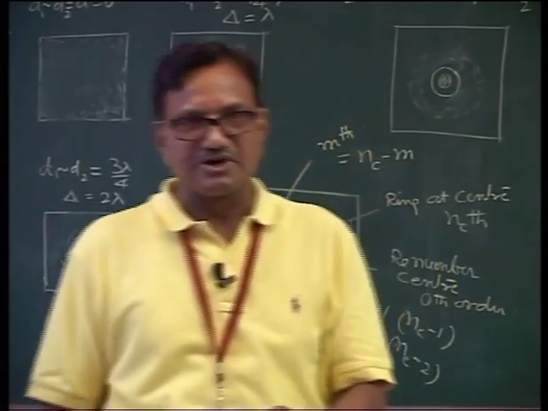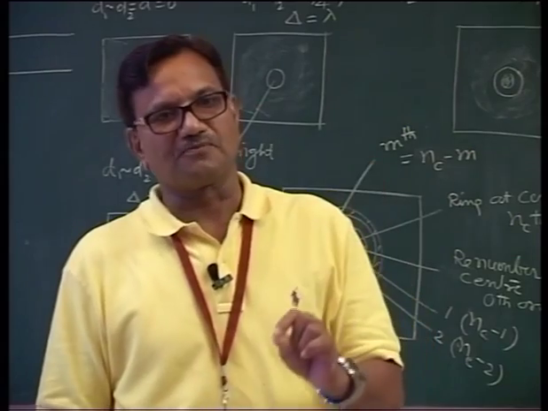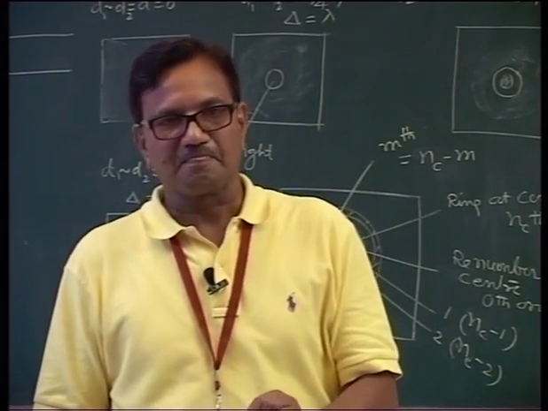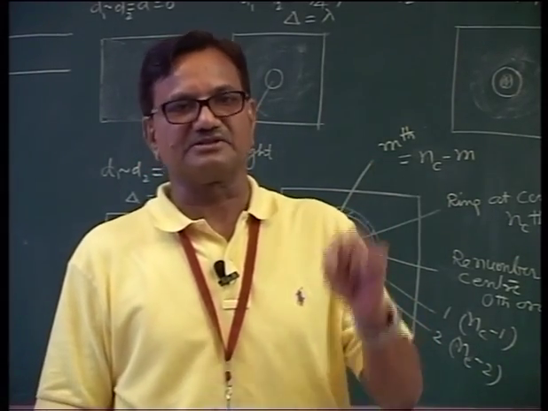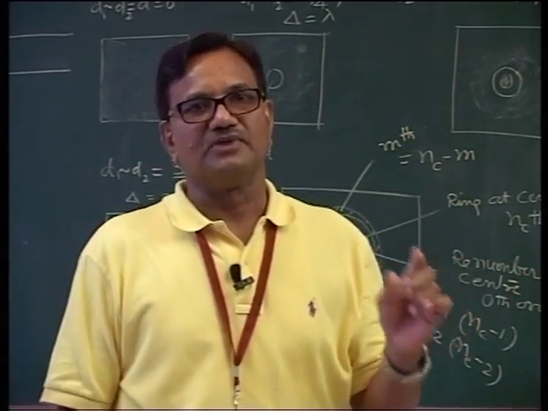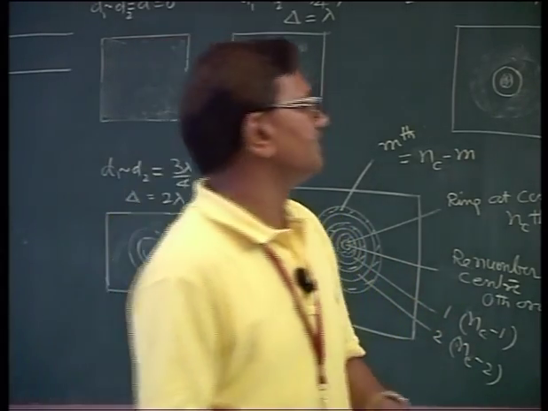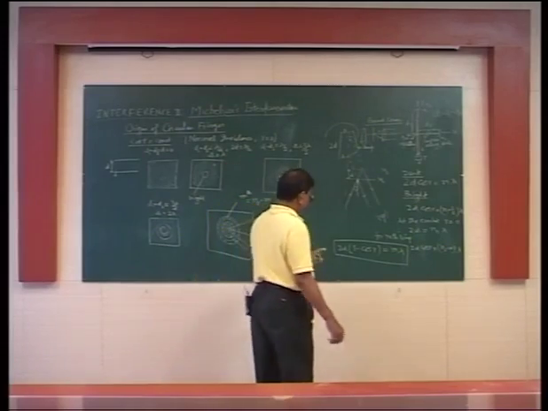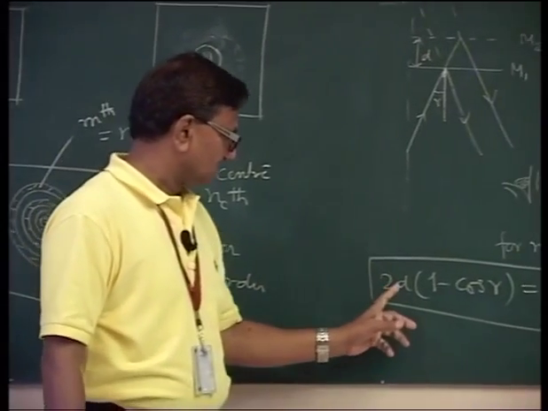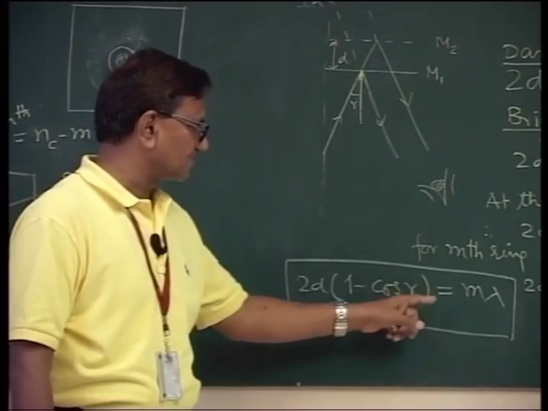Therefore, we have renumbered the rings. We call the ring at the center the 0 order, then first ring, second ring, third ring, fourth ring. Then our mth ring will have an original order of nc minus m, which we have used in the formula, and we have found 2d (1 minus cos r) is equal to